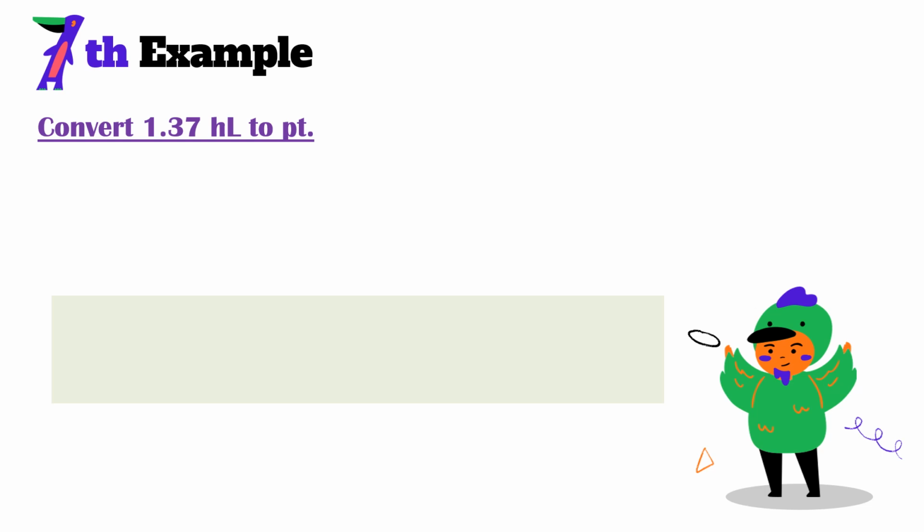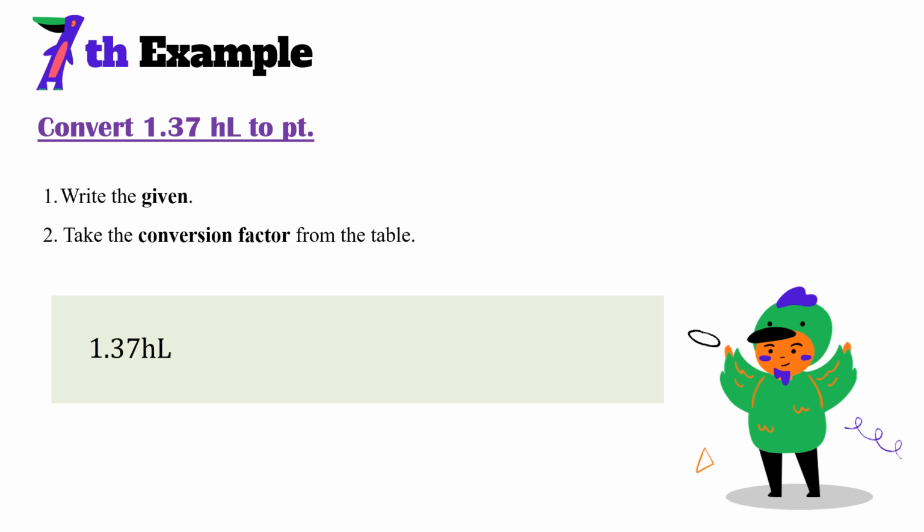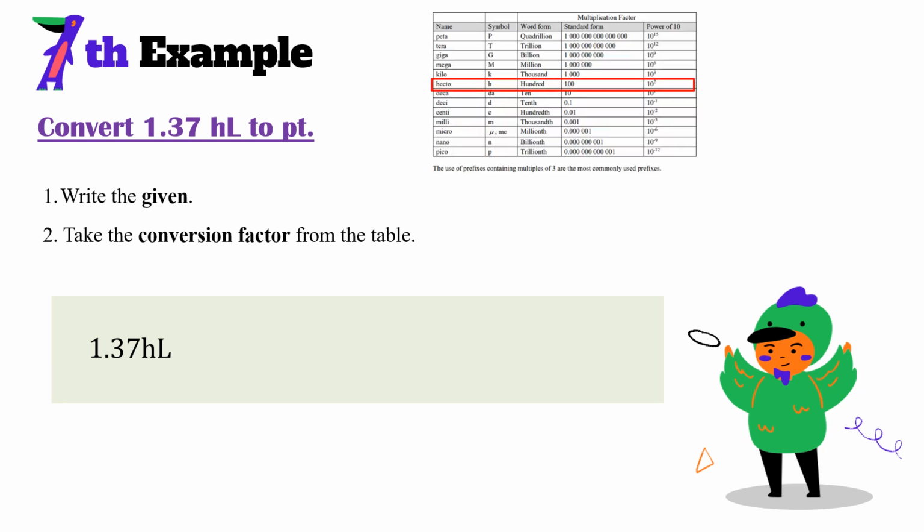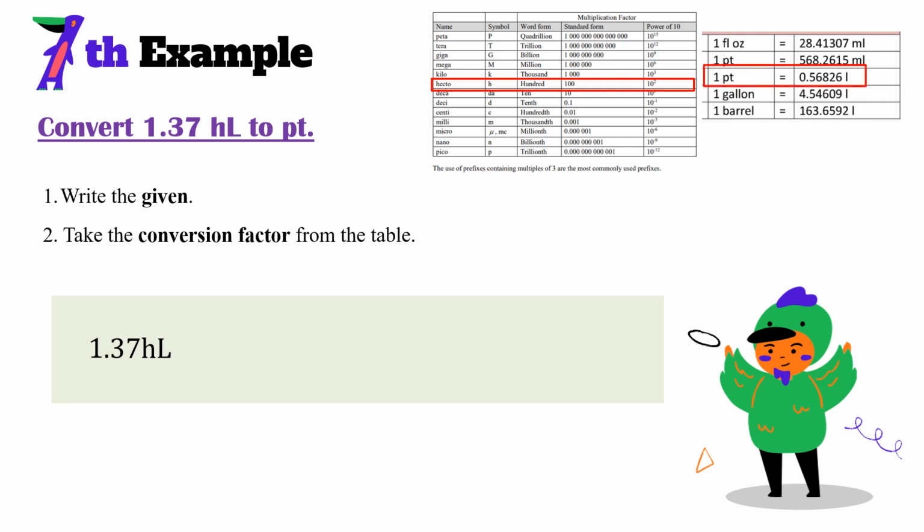So for the 7th example, convert 1.37 hectoliter to pint. First, you write the given, that's 1.37 hectoliter. Next, you take the conversion factor from the table. So we are going to use two tables, okay, from the metric and then the English conversion. Okay. So you have here 1 hectoliter is equivalent to 10 squared liters. And then 1 pint is equivalent to